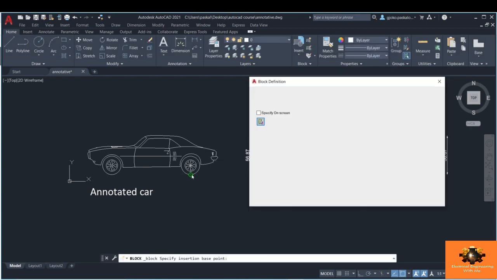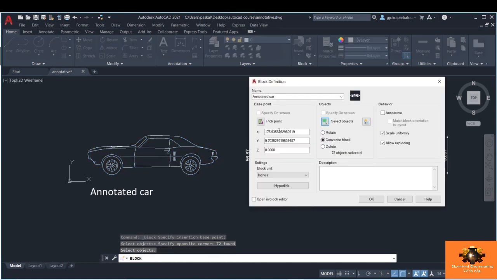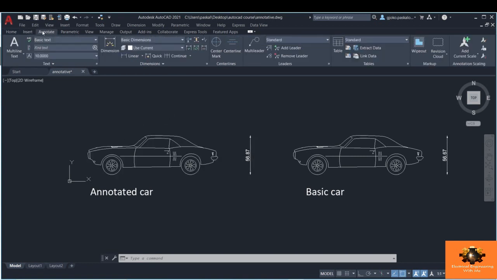Pick a point, select the objects, and add this annotative feature, and click OK. Now our block is created. Additionally, as you can see, I predefined the dimensions and the text just to show you how to make it